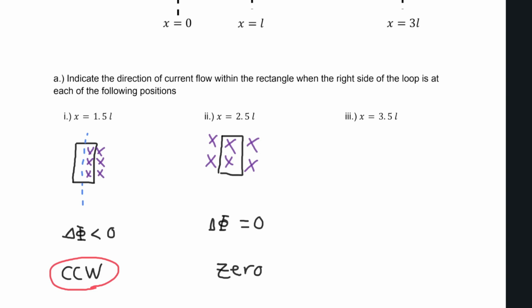This is a key thing with these motional EMF problems, that once you're fully in the field, it stops experiencing that magnetic force, well, a net magnetic force at least. So we actually don't need an external force to help pull the loop at this point. It's only in and out when we get those flux changes. And as such, here's sort of the inverse of case one, where now